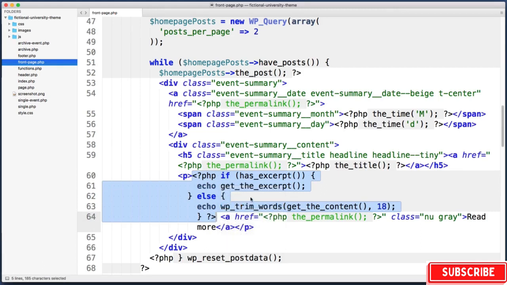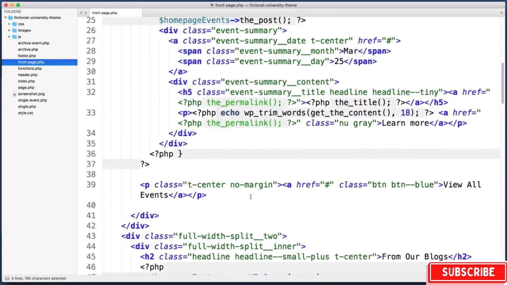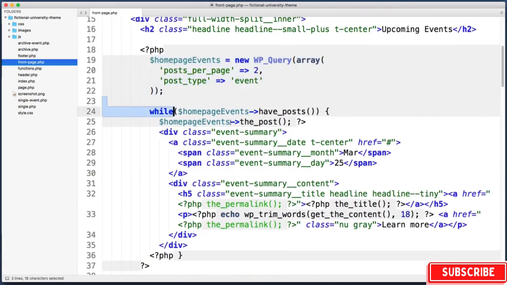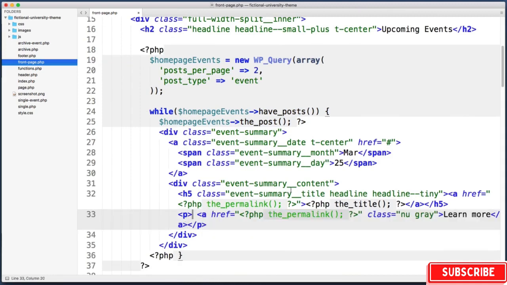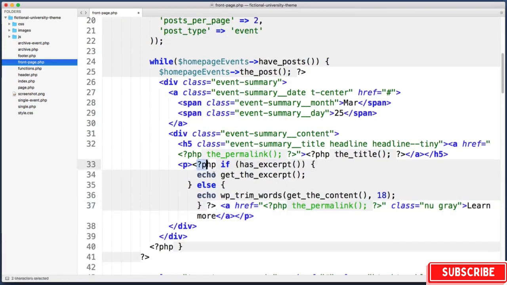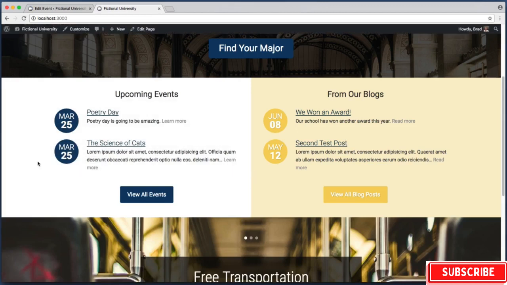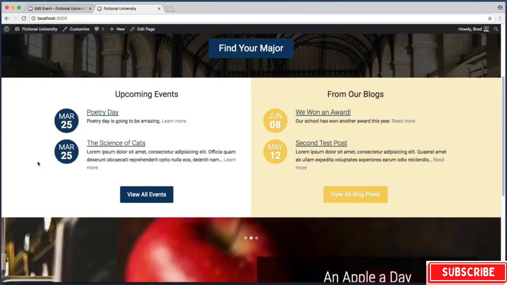And then let's just scroll up to our events custom query and loop for events. And then here is where we used to just output the first 18 words, so we can just delete that and instead paste in our clipboard with this custom conditional logic, and we should be in business. Perfect. So that takes care of excerpts. Now let's change gears. And the next thing I want